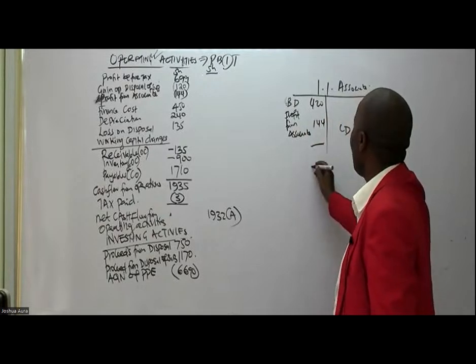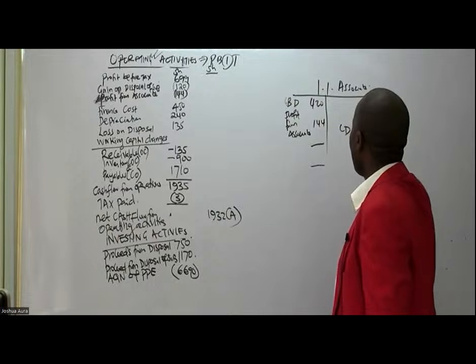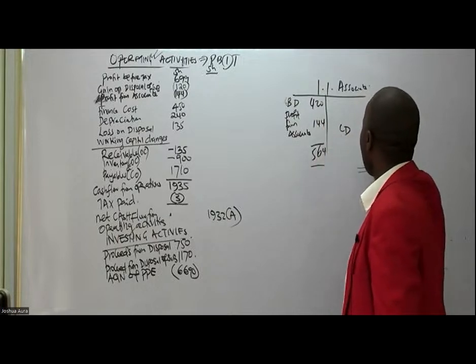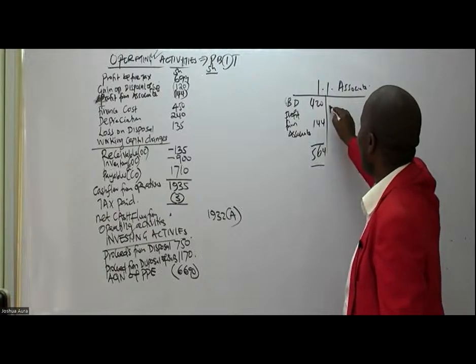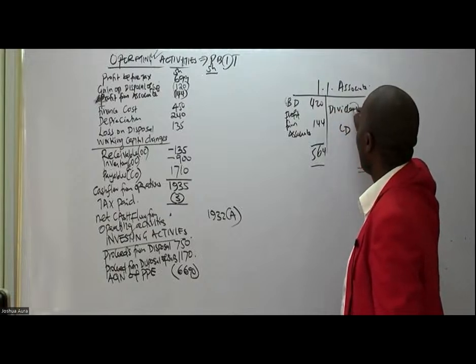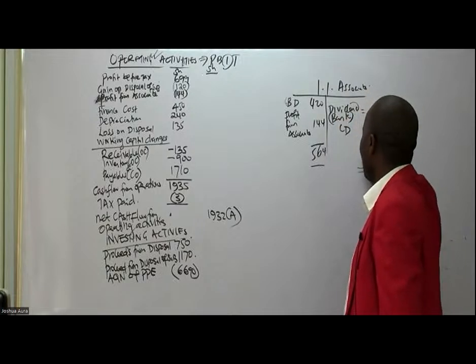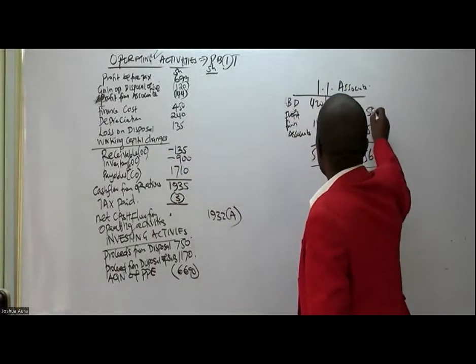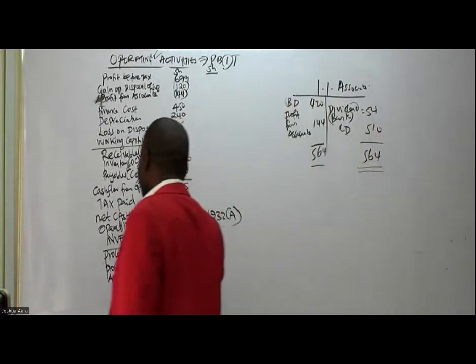So please come and do the balancing figure. This side will be bigger. This will be 564. So the difference will be the dividend we received. Bank of how much? Dividend received 564 minus 510 gives me how much? 54. So then come and give us here the dividend